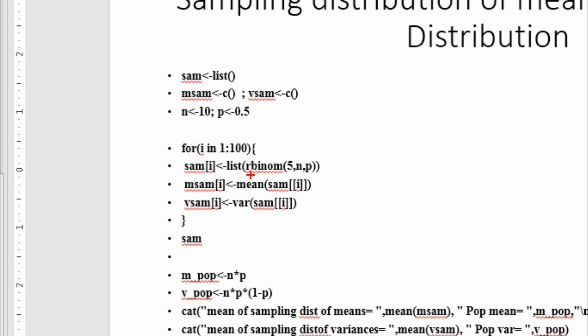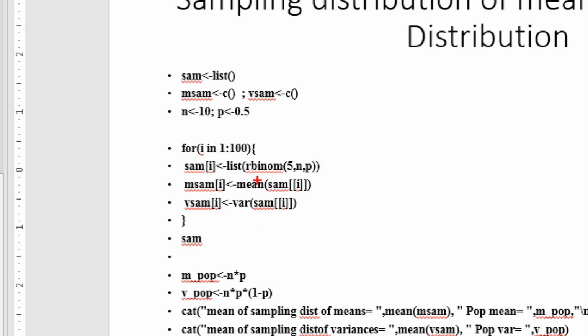Here is a statement, rbinom, for taking a random sample from the binomial distribution of size 5 with these parameters n and p, which have already been defined up here. This sample will be converted into a list element and assigned to the list SAM as the ith element.